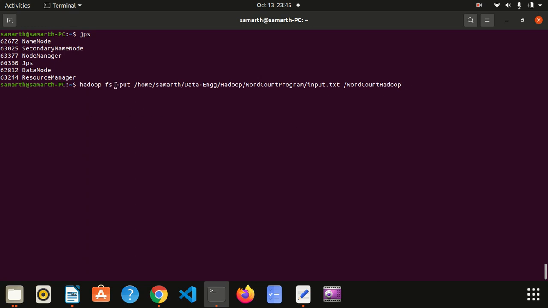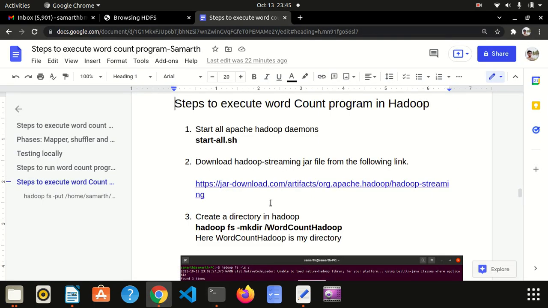You can use put or copyFromLocal. Here I'm using put, and this is the location where my input file is stored in the local system, and I'm copying this file to the wordcount Hadoop directory. So after this step